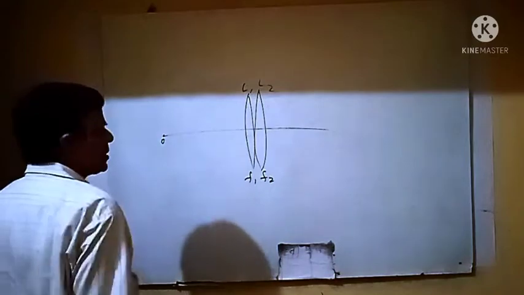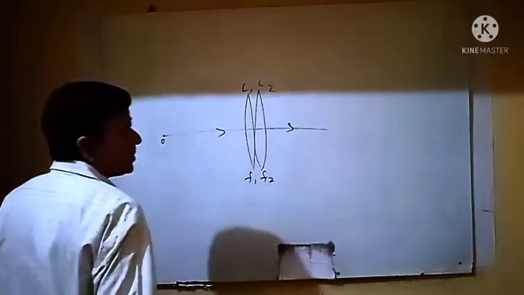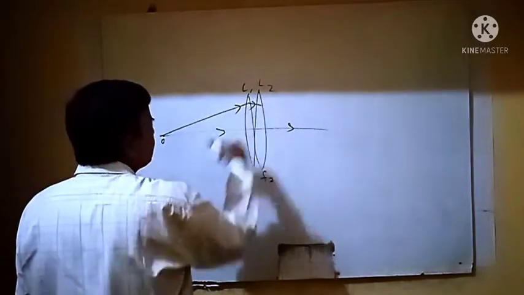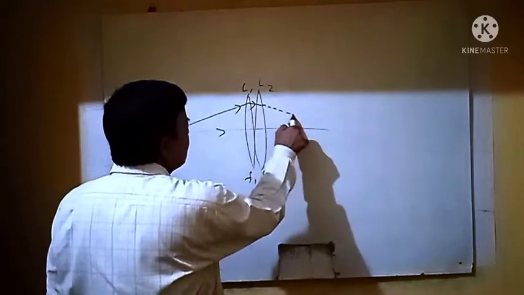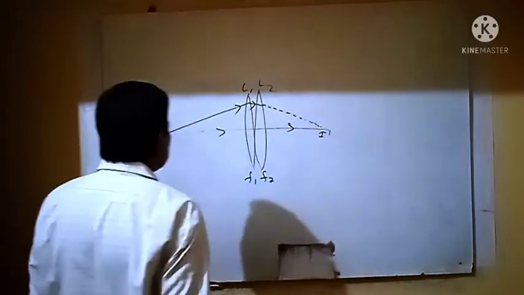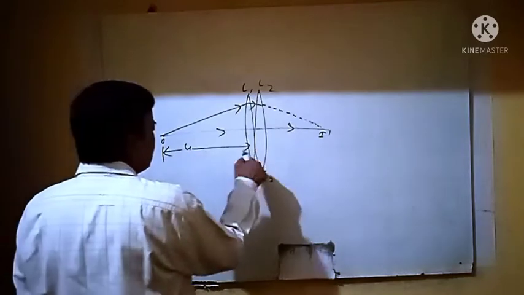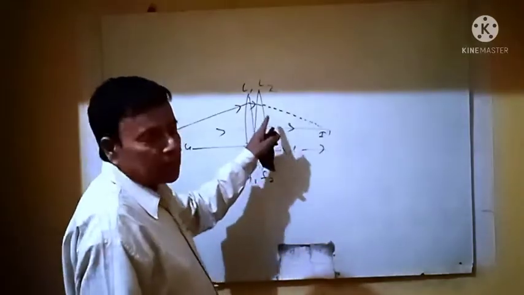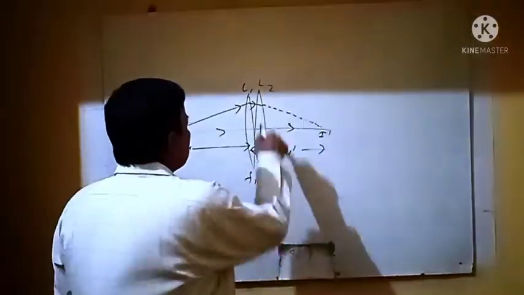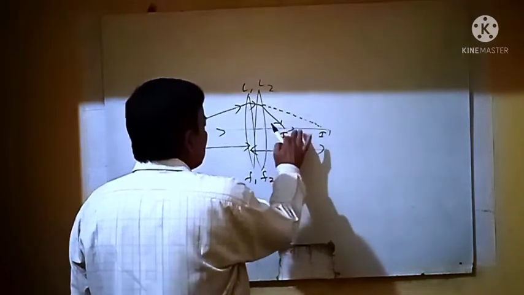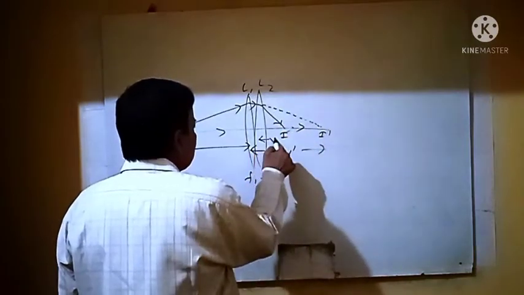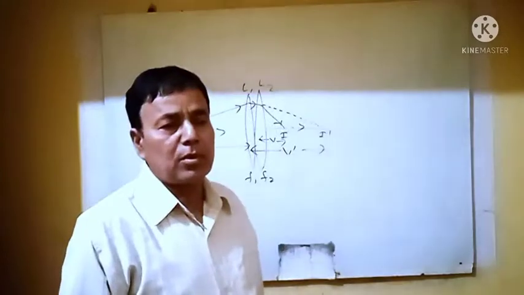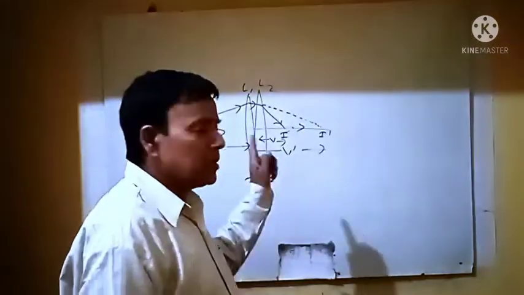Suppose that here is a ray parallel to the principal axis and the ray is going to this point. It will converge. If this lens were not there, there would be a real image, but there should be a virtual image. Suppose that object distance is u, and image distance is v1. We will use the lens formula. Now there is also refraction by this lens, and the final image is formed at this point, I. Point A. So suppose that this distance is equal to v. We will use the lens formula, which is derived by taking the sign convention, so it is not repeated here.